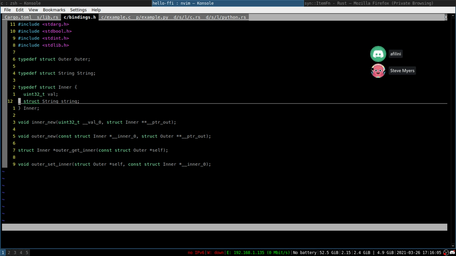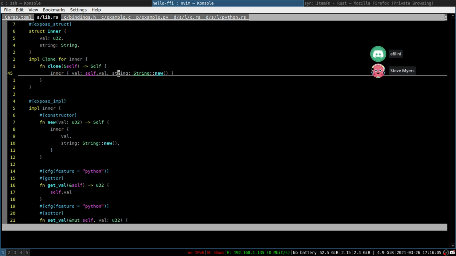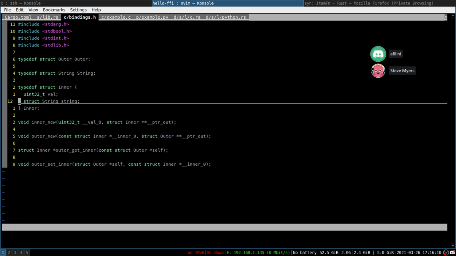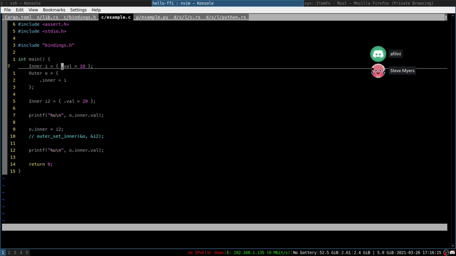I think this is C bindgen generating the wrong header. It shouldn't really let you do this because the C compiler doesn't know the size. So this is probably gonna break. Like even if I make an empty